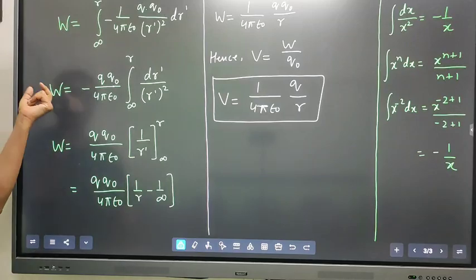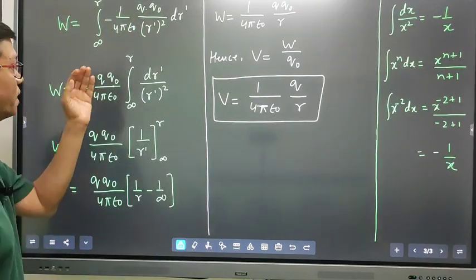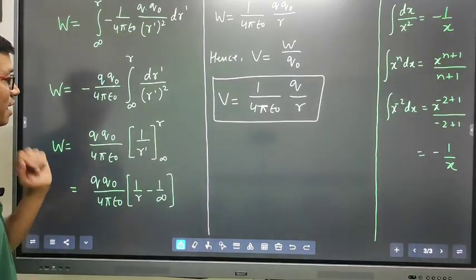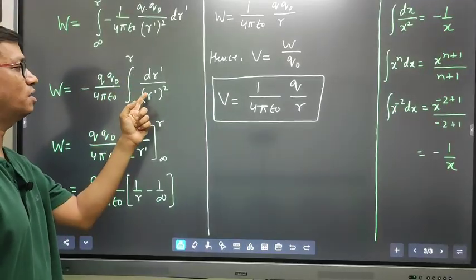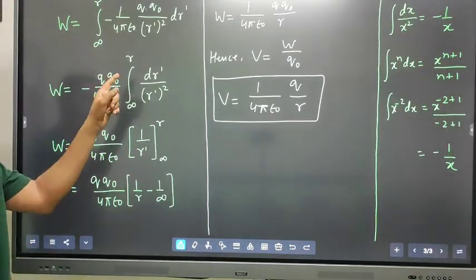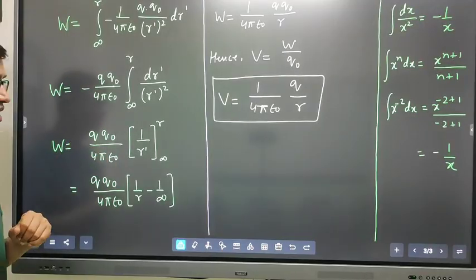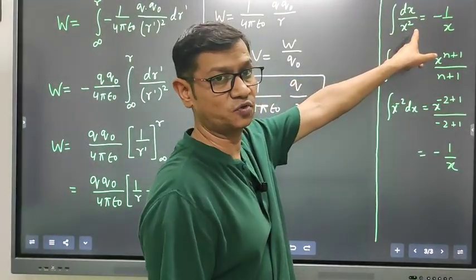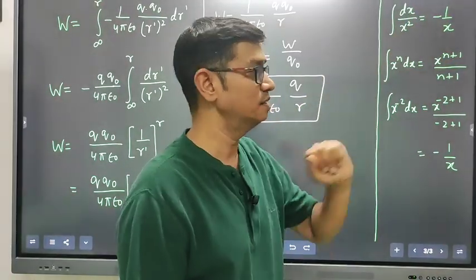तो W इज इक्वल टू, अब ये Q₀ क्या है, कांस्टेंट है, बाहर आ गया, 4πε₀ क्या है, कांस्टेंट है, बाहर आ गया, माइनस साइन बाहर आ गया, अंदर क्या बचा, dr' अपॉन r' का स्क्वायर, infinity to r, इसको इंटीग्रेट करना। अब इसका इंटीग्रेशन क्या आता है, देखो भाई, integration dx upon x², इसका इंटीग्रेशन होता है -1/x।